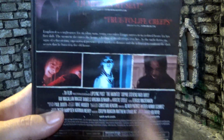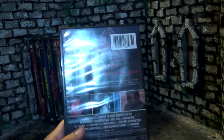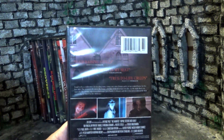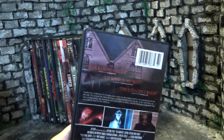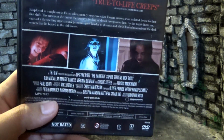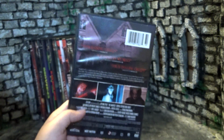In the screenshots, you know, when I buy stuff for like $1.25, I don't pay too terribly much attention because it's not a huge risk. But when I'm buying stuff for like $10+, my test is to always look at the screenshots, and if it's just boring shots of people talking, I tend to lean away from it. And don't get me wrong, this movie might be bad, but I at least like that we got 2 shots with really intense, colorful lighting, and this shot of the ghost looking down there,